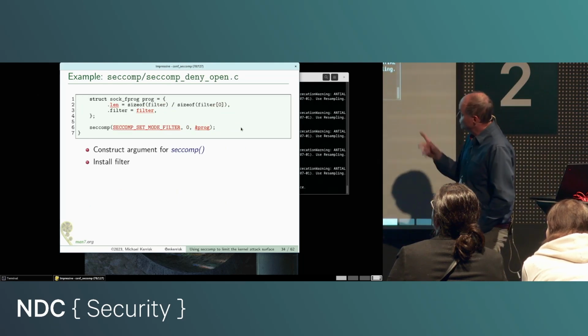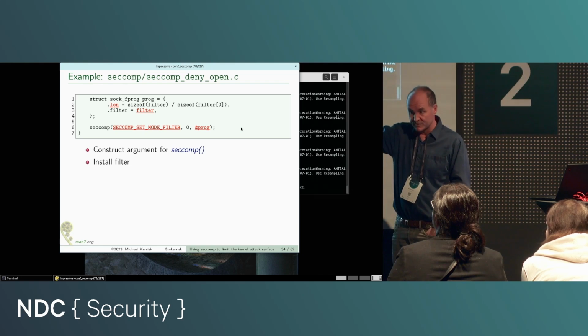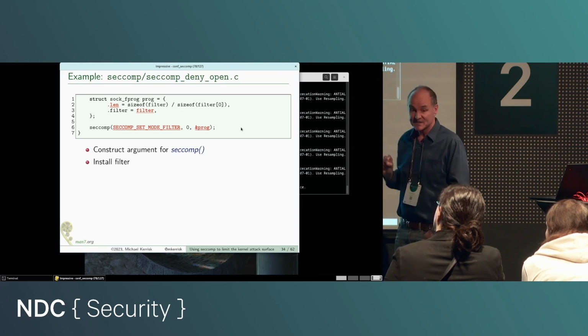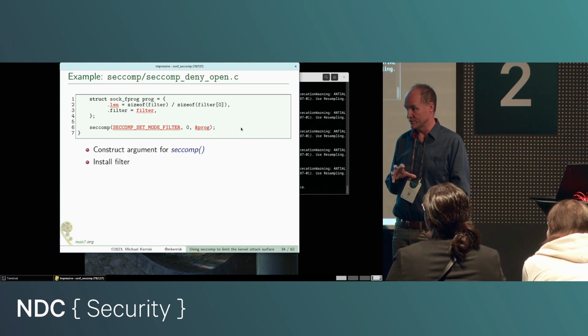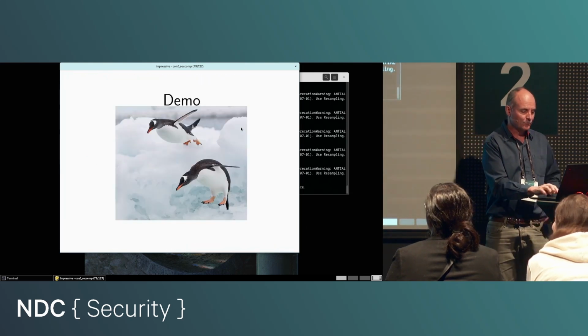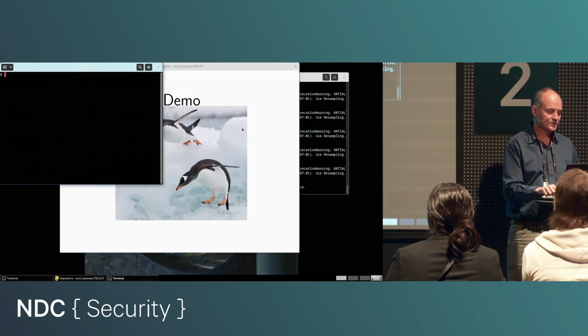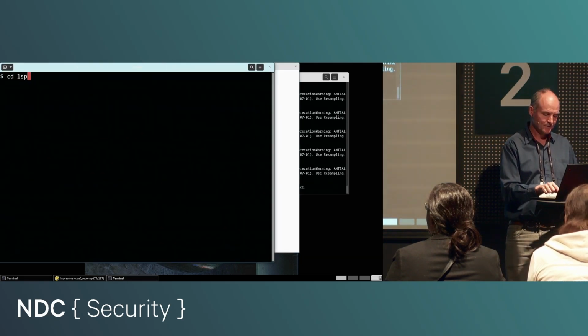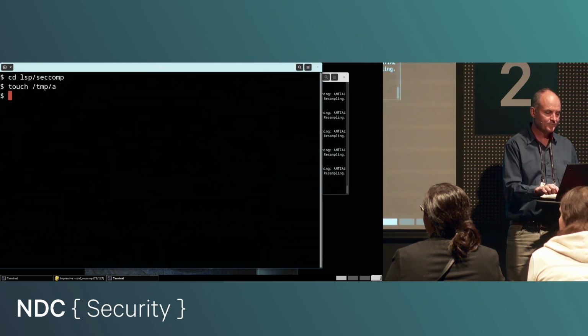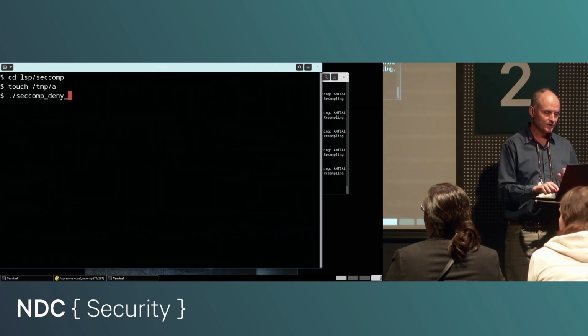The rest of that function, well, here I'm initializing that structure which specifies the filter program, and then I make the seccomp call to actually install the filter into the kernel. Now, if I run the program, let's just do it in practice. First of all, I'll touch the file that the program is supposed to open, which was that path name there, temp-a. And then if I say seccomp_deny_open,